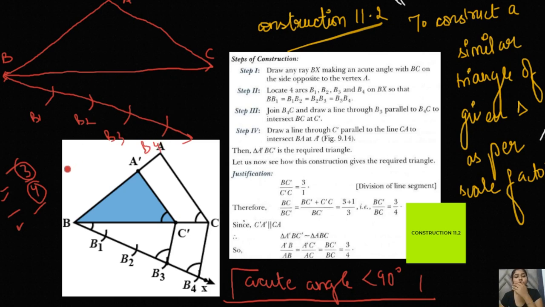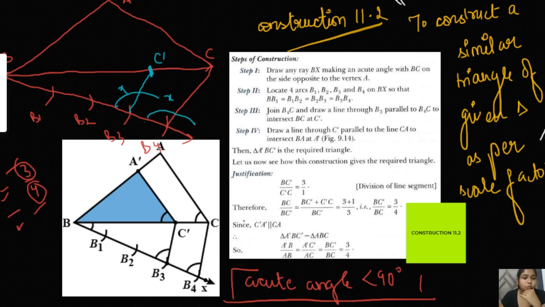So this is the difference. In that construction you drew the number of arcs equal to the number obtained after adding the ratio, and in this one we draw the number of arcs equal to the greater number in the ratio. Now, as we saw in that construction, we join them as in the last one. We measure this angle, and since it is 3:4 we join it also, making a parallel line and making the same angle, let's suppose x and x. This will be the point where it cuts BC.